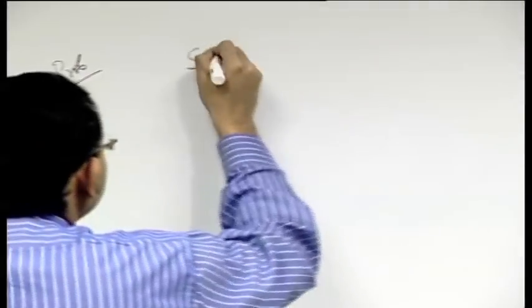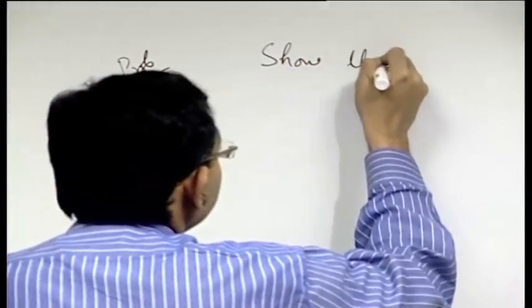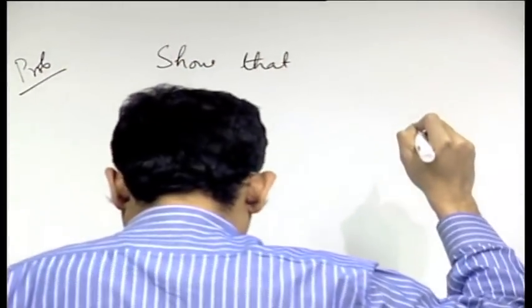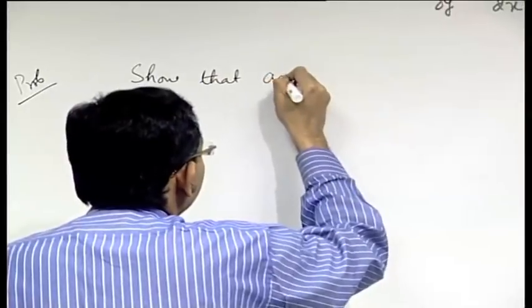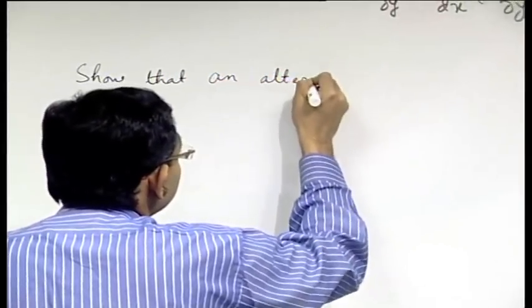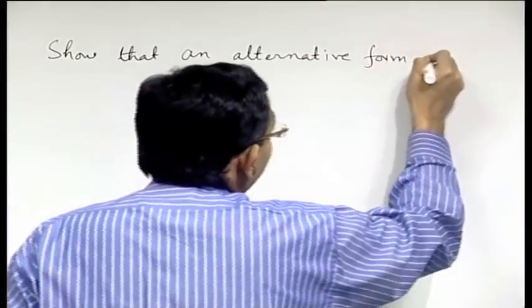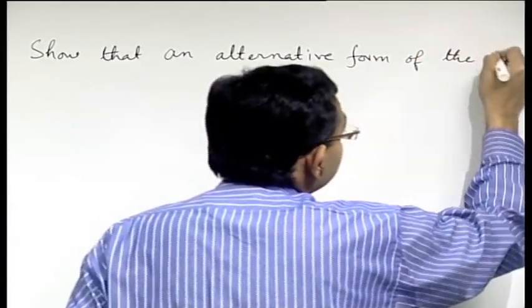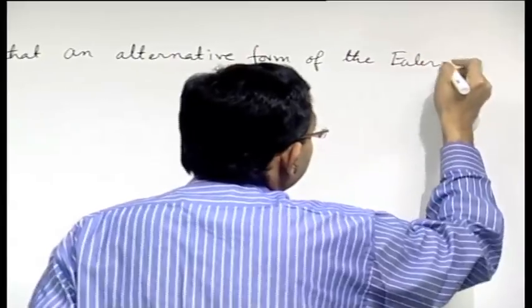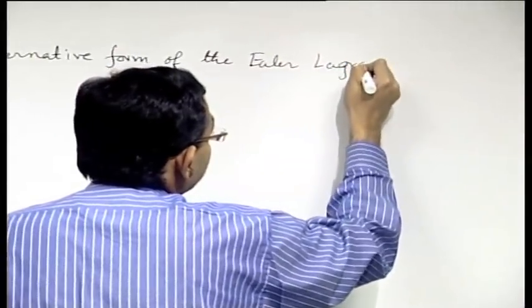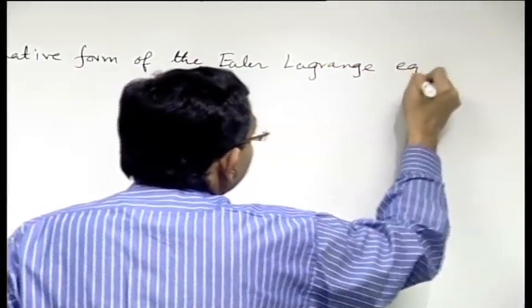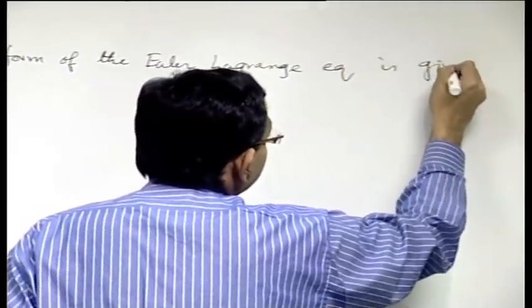Show that an alternative form of the Euler Lagrange equation is given by